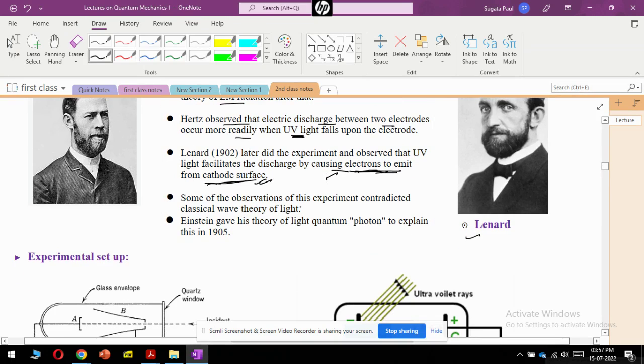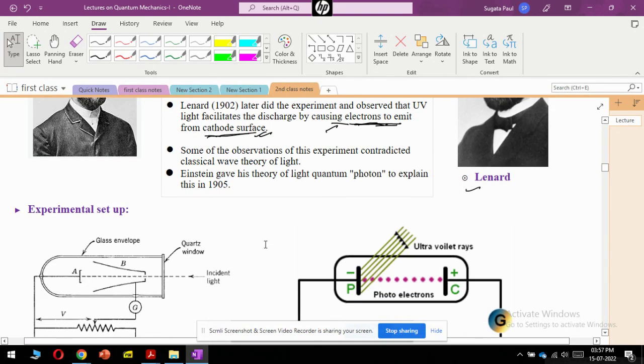Now you see that this experiment and these observations are all okay, but some observations from these experiments actually contradicted our classical wave theory of light. That's when scientists had to think about some other theory to resolve all these contradictions, and to come up with that theory, which was basically done by Einstein later on